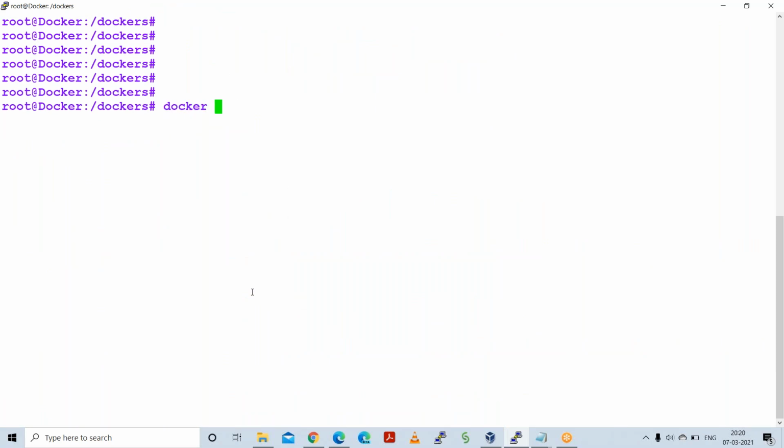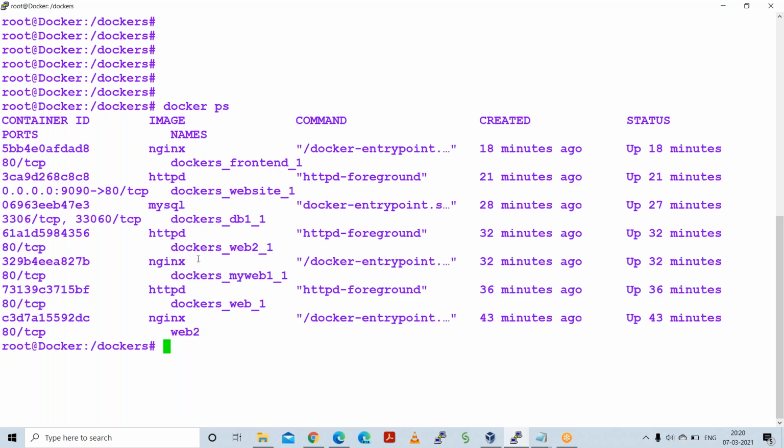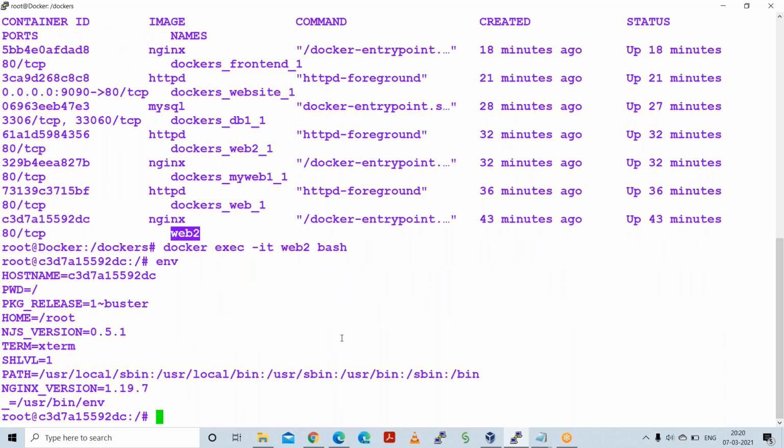Let's say I have the docker ps command, and I have one container running. This is my web2. Now let me go inside the container web2, docker exec -it web2, and I'm using bash here, right? So I'm going inside the container, and there are environmental parameters, env, right? And if I want to export